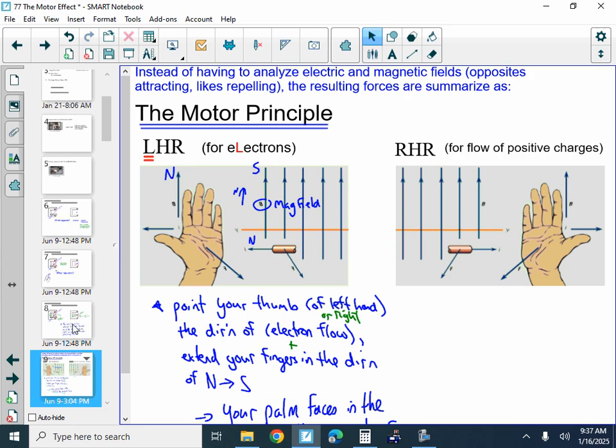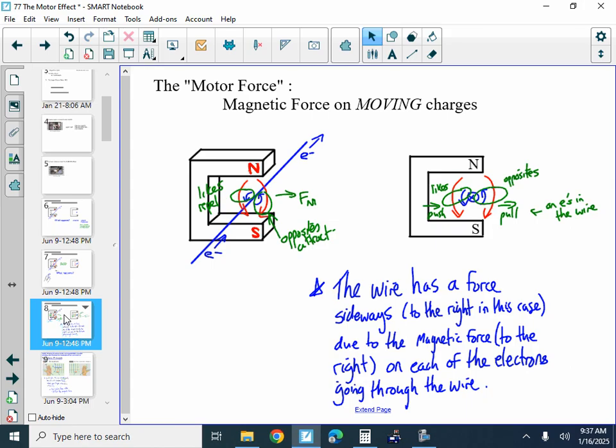And so the hand rule for this one is you point your thumb in the direction of electron flow. For electrons, it's your left hand. Thumb in the direction of electron flow, and then your fingers extend out and point in the direction north to south. You'd have to orient your hand so that you're looking like this. You're pointing your thumb like this, and then you've got your fingers all stretched out like this, right? And so you've got electron flow this way, and you have your north to south kind of pointing down on